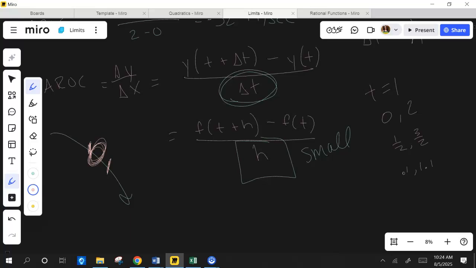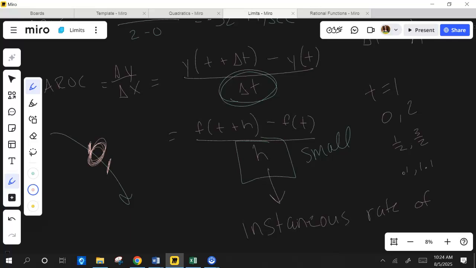What I am decreasing, I am trying my very best to get this as close to 0 as I can. But I can't make it 0. Why? You can't divide by 0, right? So for instantaneous rate of change, which we call IROC,